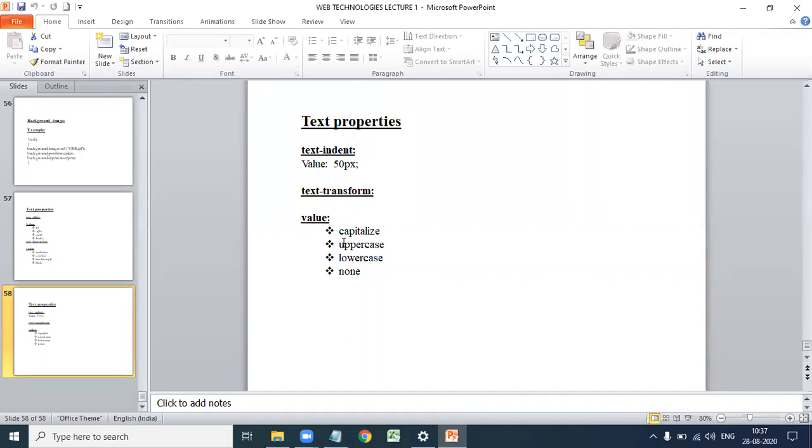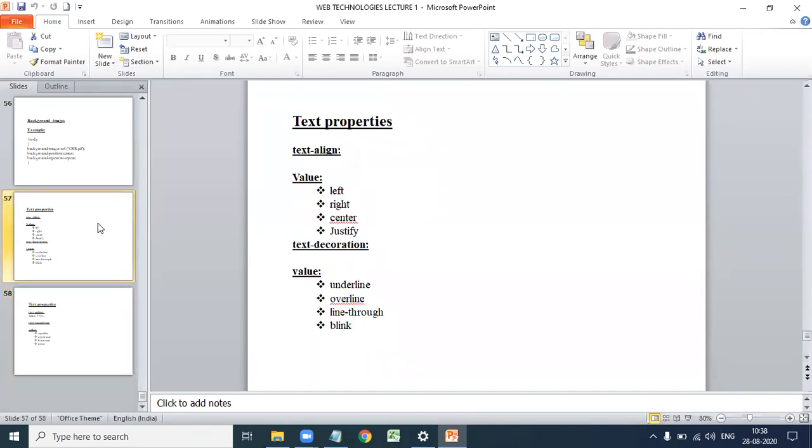To capitalize the first letter in every word, text-transform: capitalize. Uppercase makes the entire word uppercase. Lowercase makes the entire word lowercase. No transform is performed with none. These are the different text properties.